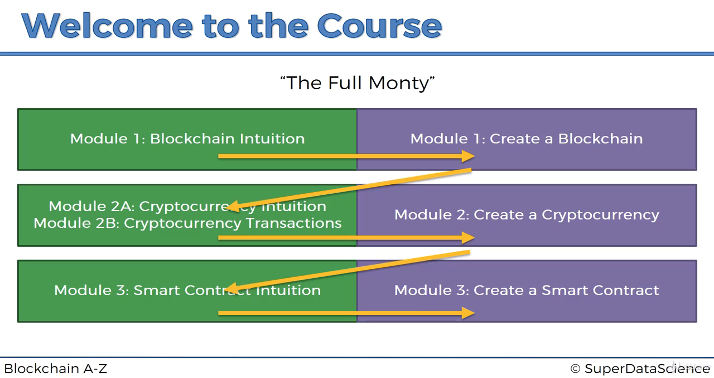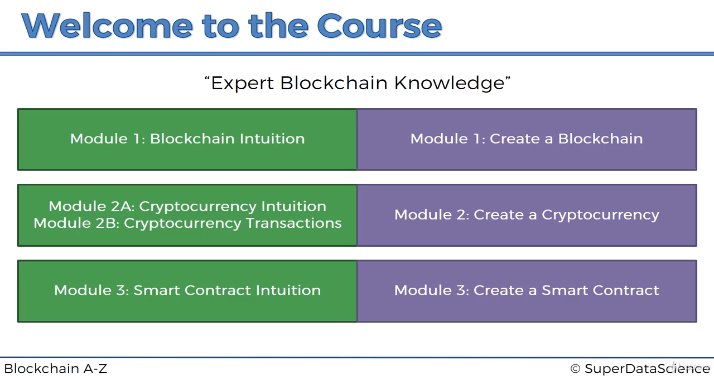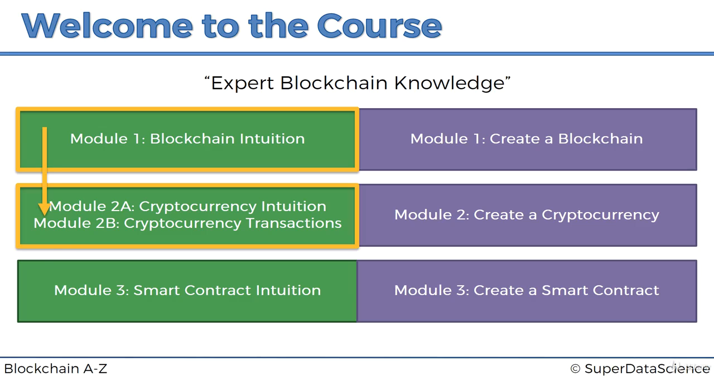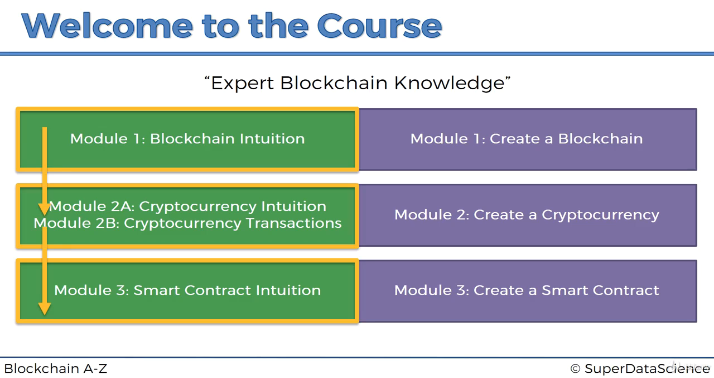In that case, for instance, you could take the blockchain expert knowledge path through the course, and you could simply go through Module 1 intuition, Module 2 intuition, and Module 3 intuition, completely disregarding the coding aspects of it. The beautiful part about this course is that if you ever do want to get into coding, you can always come back and do the coding later. We specifically structured the course in a way that you can take the intuition tutorials, which are highlighted here, or the modules that are highlighted here in green,